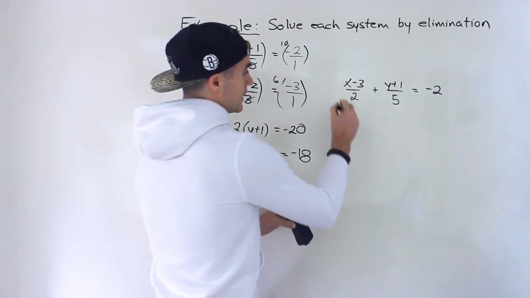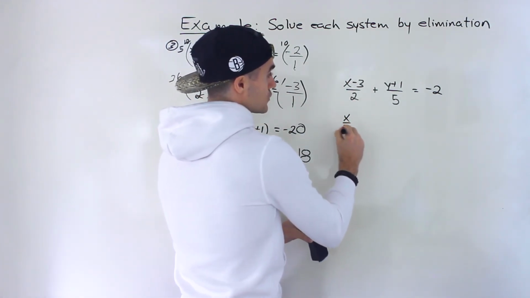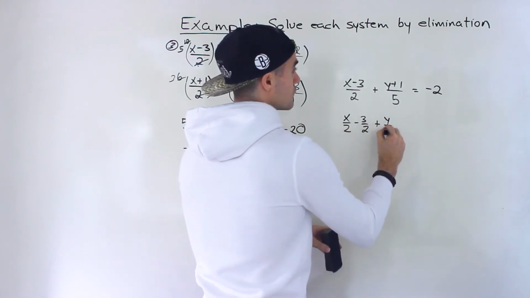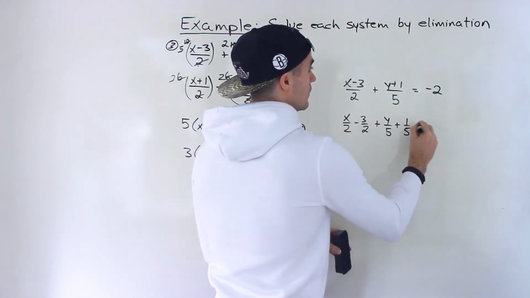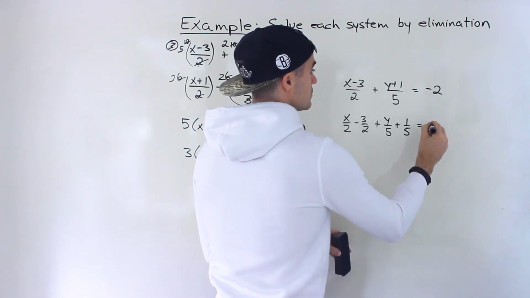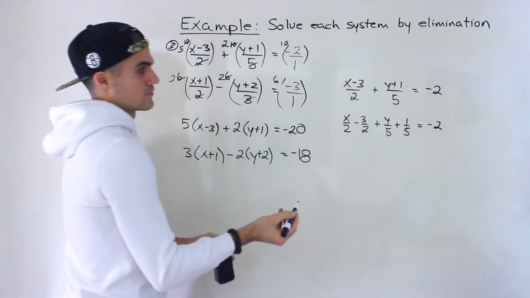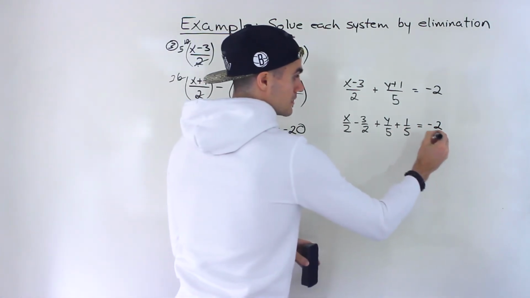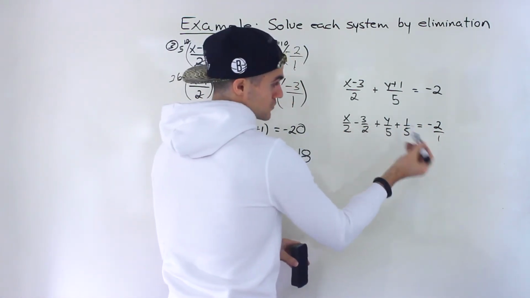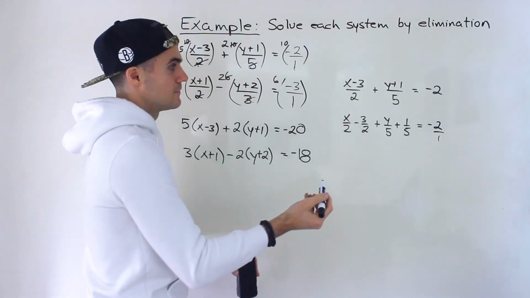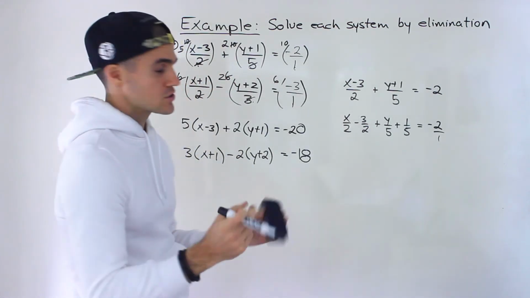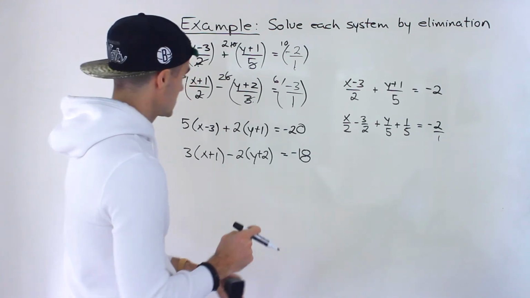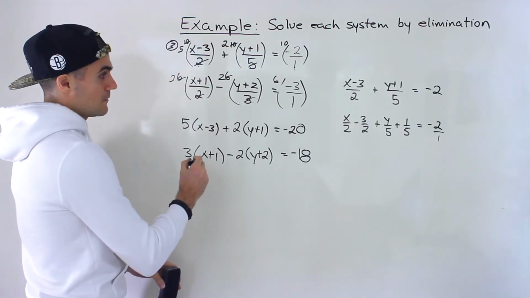Okay, so they'll change this to be x over 2 minus 3 over 2 plus y over 5 plus 1 over 5, which is equal to negative 2, like that. And then you could just multiply by the lowest common denominator of all these, which would still be 10. And that may not actually be the worst thing in the world either, because then you're not going to have to worry about